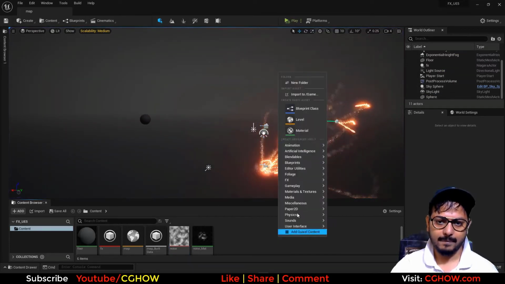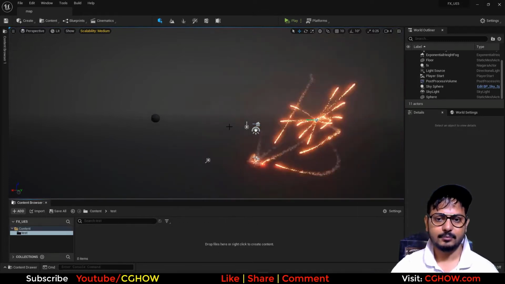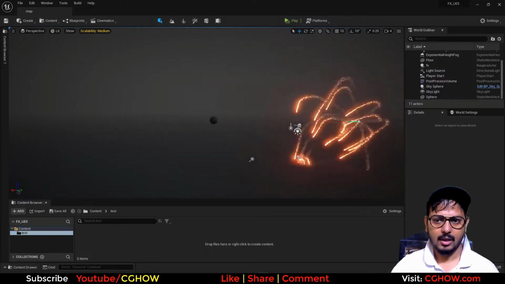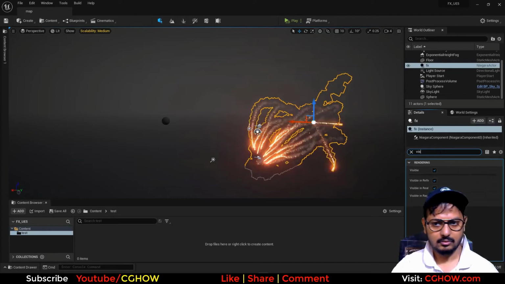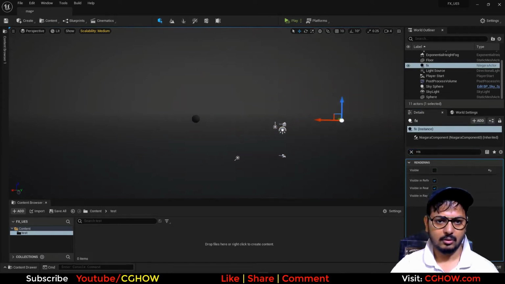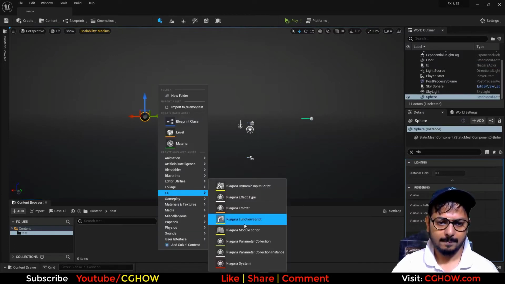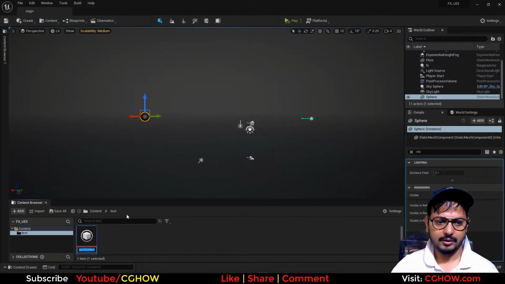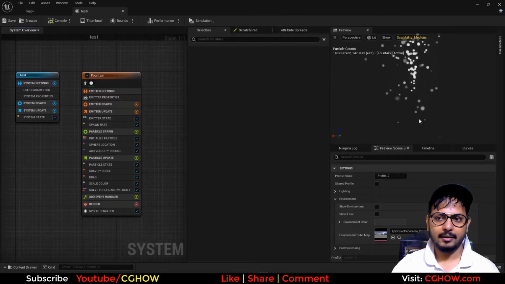Okay, so I'll just create a new folder, test, and I'll just hide this one. Okay, and I'll use the same sphere for my particles now, and let me just take a fountain, test. And when you have some